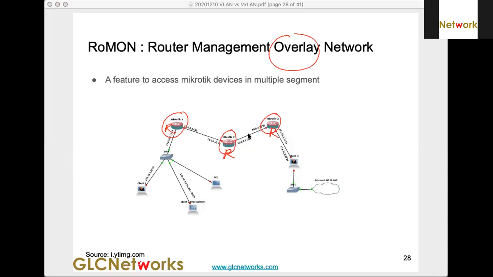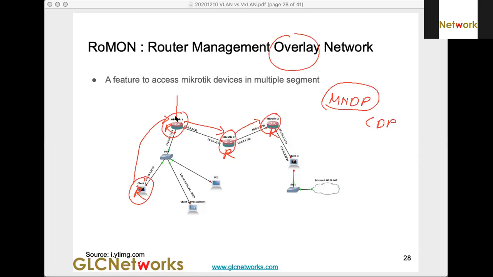They are communicating with each other. So for example, you are also a RoMON client here. You can connect to other networks from your PC using layer 2 connectivity. That's the beauty of RoMON. So basically, one way you can do it is with only MNDP, the MikroTik Network Discovery Protocol, which is like CDP, Cisco Discovery Protocol.